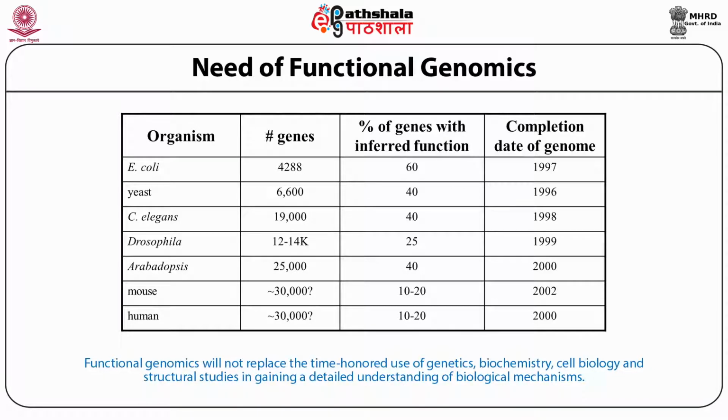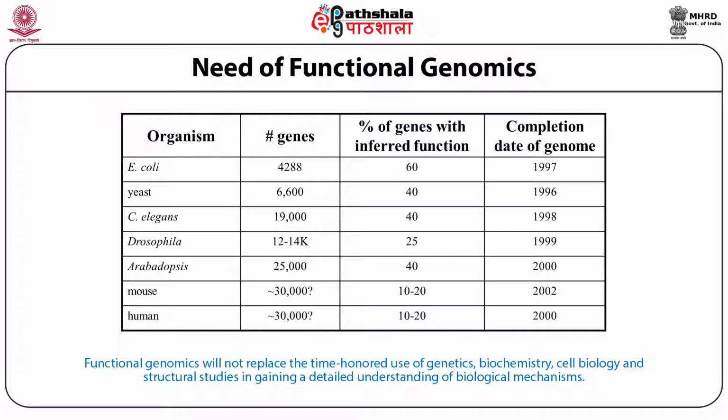Now we discuss what is the necessity of functional genomics. So far we discussed the gene information of prokaryotic and eukaryotic organisms. You can see from this slide that different organisms have different numbers of genes: E. coli has 4288 genes, yeast 6600 genes, C. elegans 19,000 genes, Drosophila 12 to 14,000 genes, Arabidopsis thaliana 25,000 genes,